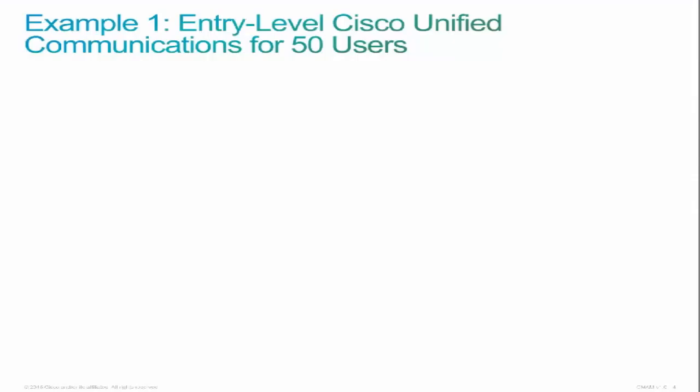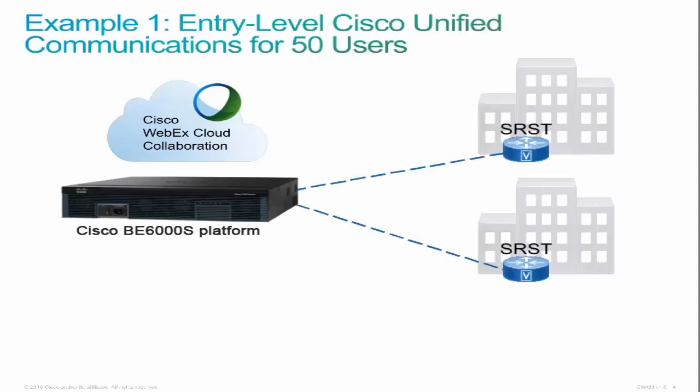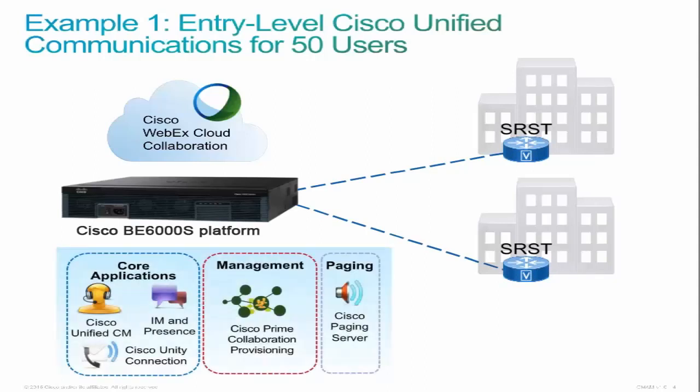The first example involves a very small environment with a small headquarters office and 2 remote locations. In this case, the Cisco Business Edition 6000 Small Density Model or Cisco BE6000S is appropriate. You can use Cisco Unified Survivable Remote Site Telephony or Cisco Unified SRST functionality in the routers at the remote locations to ensure that calls can be made if the wide area network is down. Even with this small setup, your customer has full Cisco Unified Communications functionality, including telephony, video calling, instant messaging and